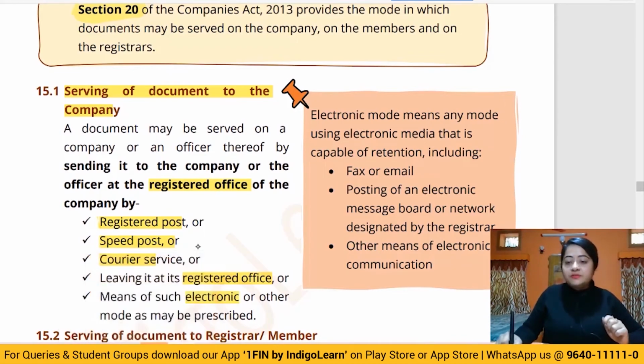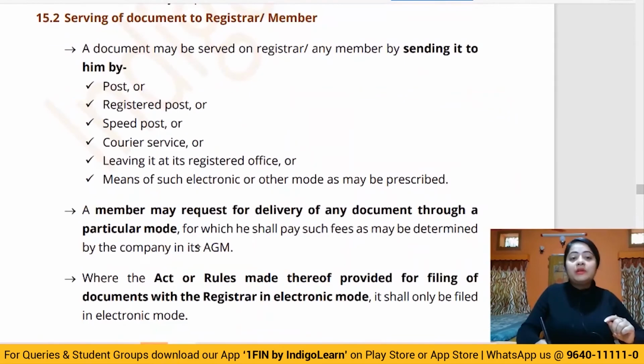So if all of this is followed, if the document is served at the registered office using any of these modes, then it is going to be considered that the document is properly served on the company. Okay, now what if the company wants to serve the document to the registrar or the member? Then this document has to be addressed to the registrar or the member. It can be sent either by post, registered post, speed post, courier, leaving at the office of that person, or